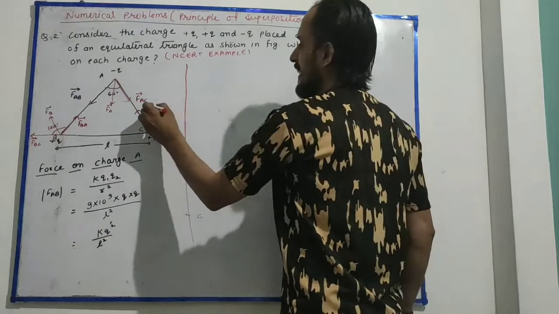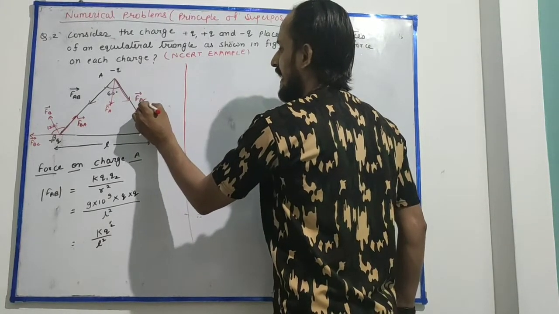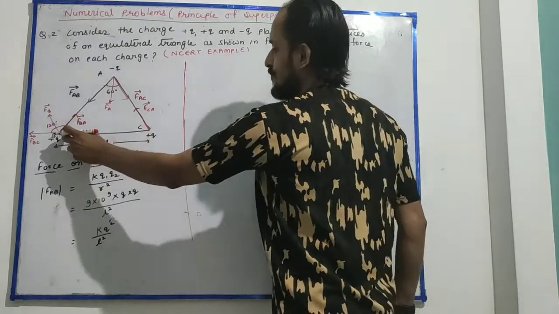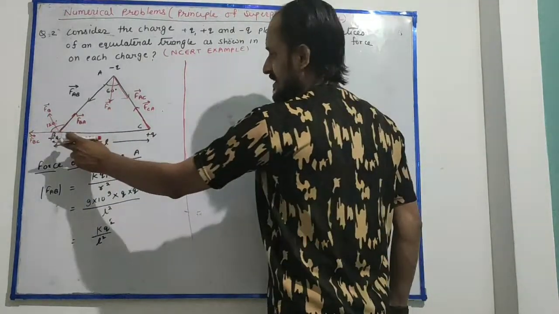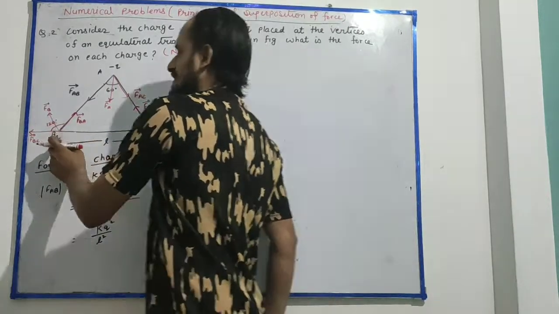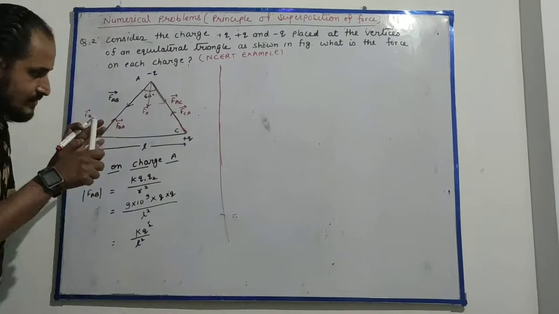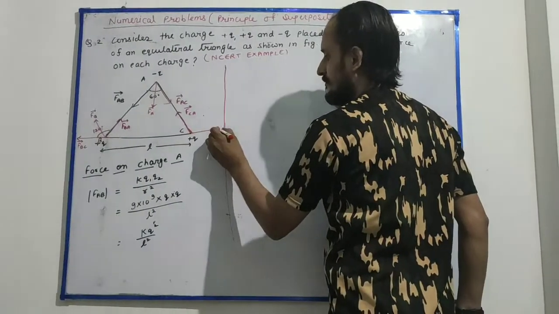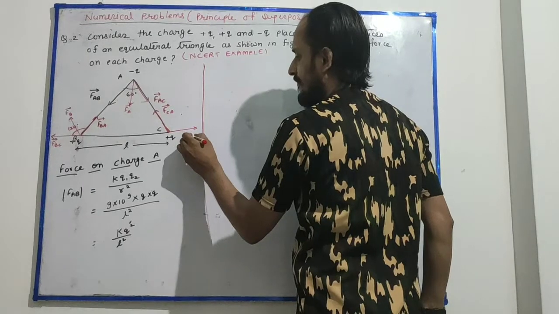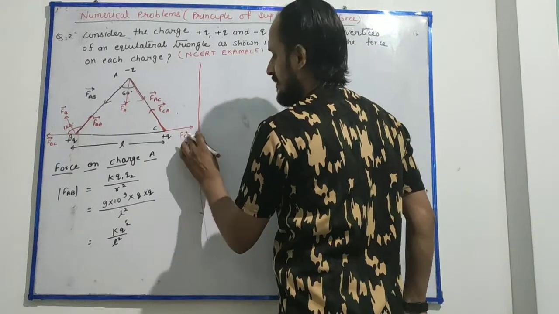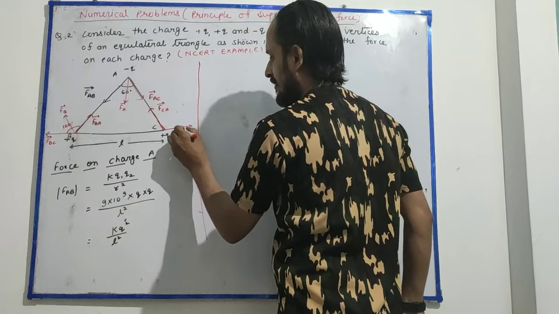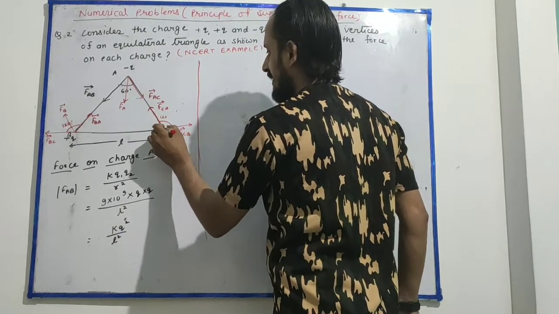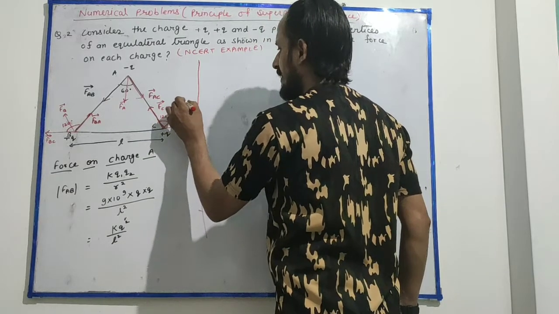Clear? Or you can write it FCA. Now, what is the direction of force due to charge B? Force is repulsive in nature. How will this positive charge plus Q repel charge plus Q? Outward. We can write it FCA, FCB vector, and the angle between both is 120 degree. The resultant comes in between, FC.